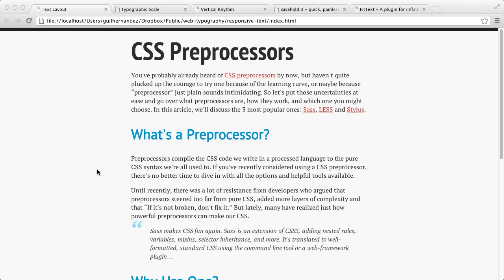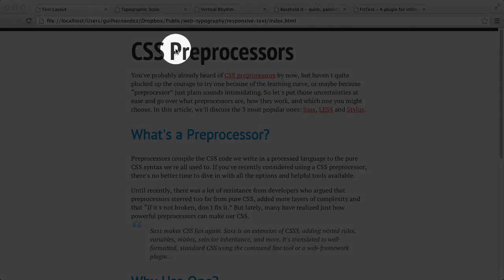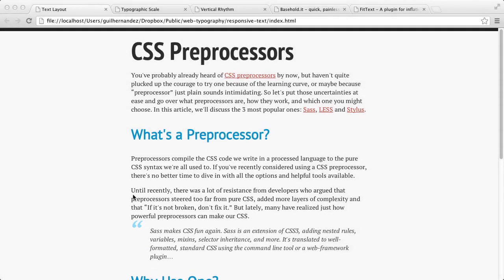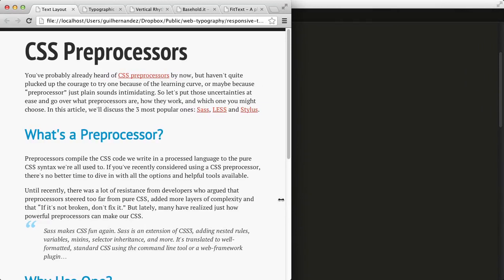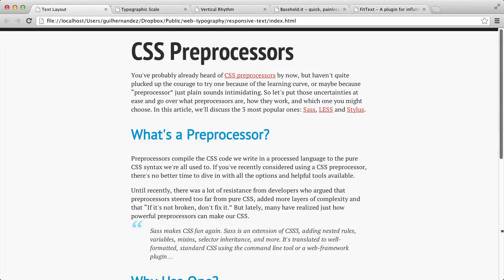Here we have a simple one-column text layout with a main title heading and a few subheadings. So far, the layout looks pretty good, but there is much more we can do to enhance the text by improving readability and the vertical spacing. Currently, our line lengths are fixed and the font sizes are set in pixels. So first, let's set our font sizes to relative M units so that they scale relative to the base font